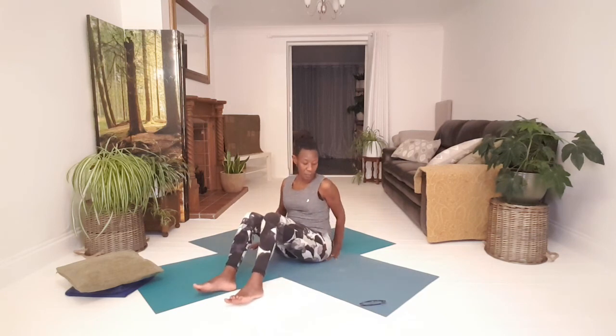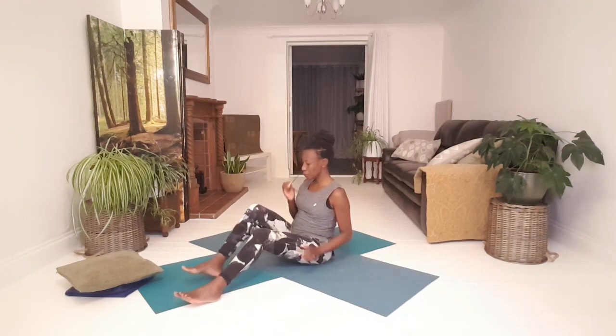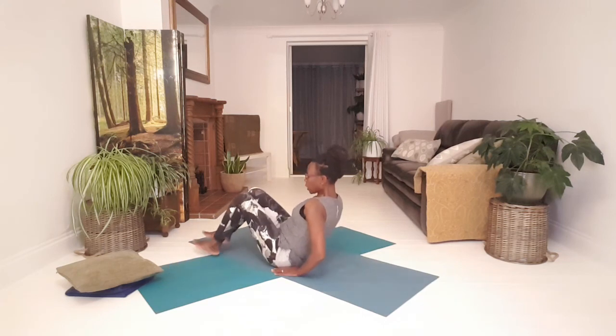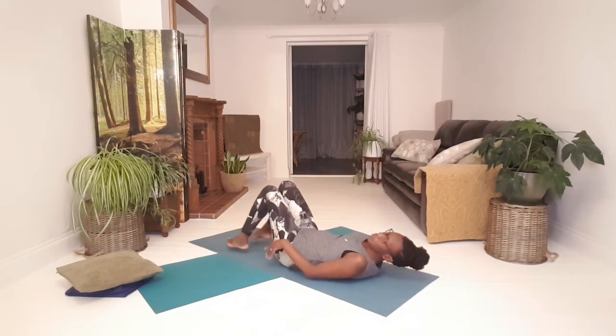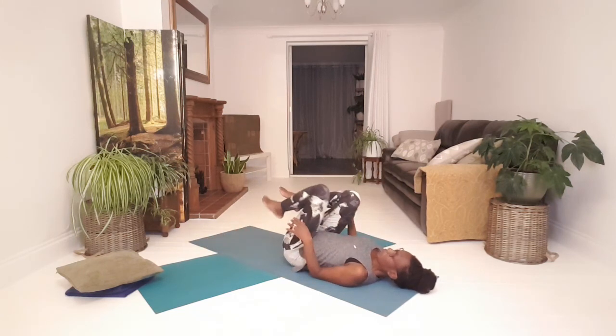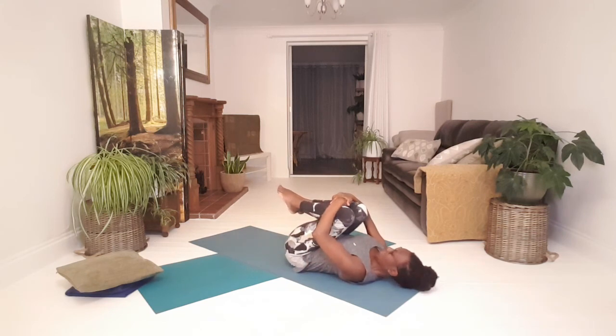Grabbing any warm layers, socks, blankets. We'll just have 5 minutes more in our rest pose. And if you want to have any stretches you know that would be great and unique just to you before you settle down, feel free to do so. Anything at all, whether that's a hug,